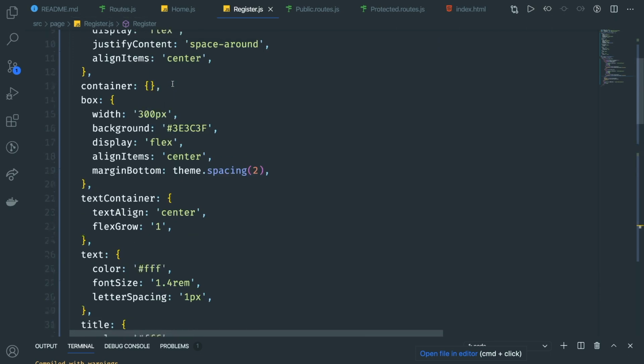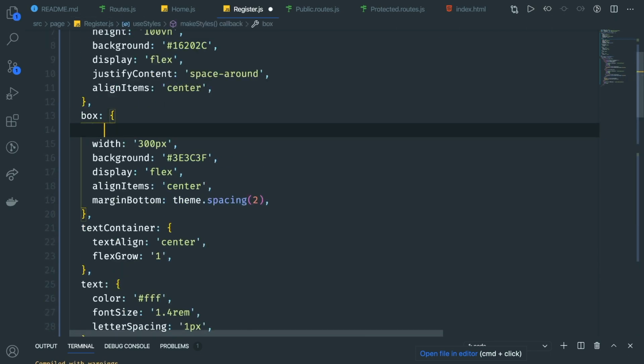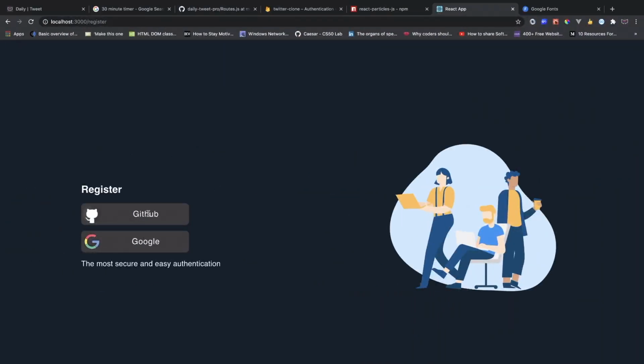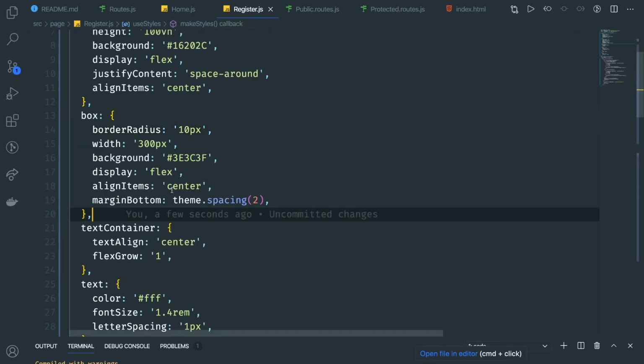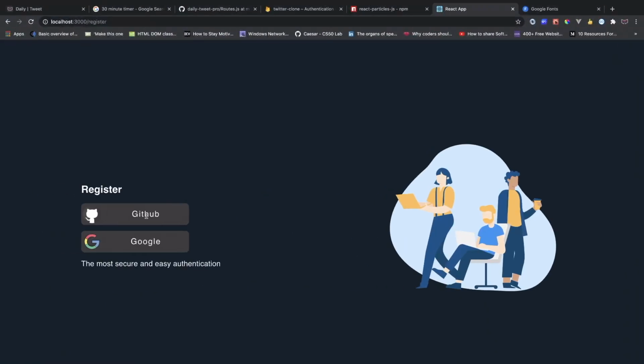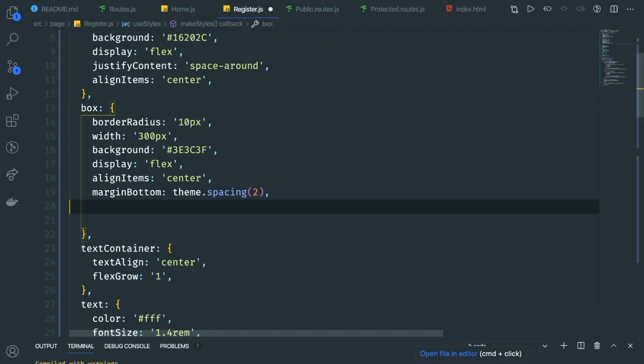And then for this container, that should be okay, and we need to do some border radius, and it's going to be 10 pixels. How do I spell it right? Okay, perfect. So now we need to do some way to hover this one. So I think I'm going to give it 2 pixels. Okay, so we need a way for when we hover on this guy, and then we need transition. So okay, when we hover,